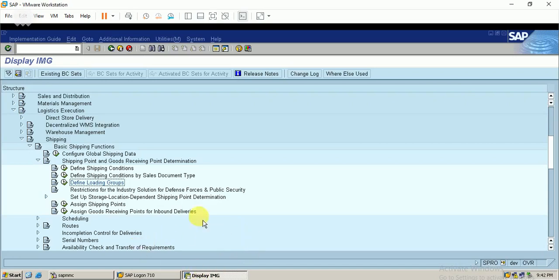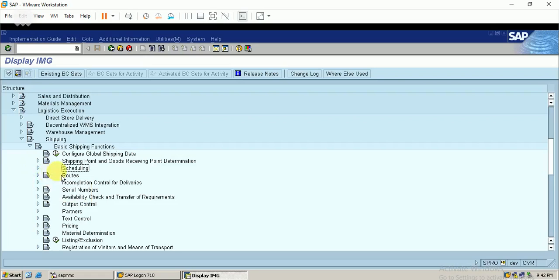So the transport group and loading group will be processed from our material master, and the shipping conditions from our customer master. We have already processed the assigned shipping points in our enterprise structure configuration itself.